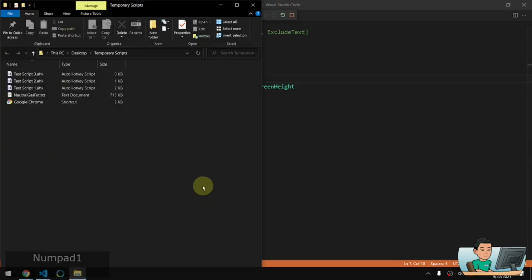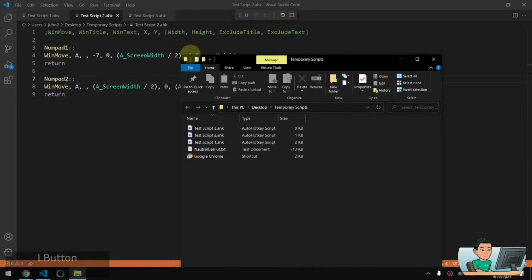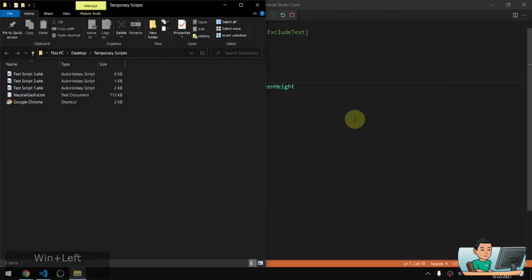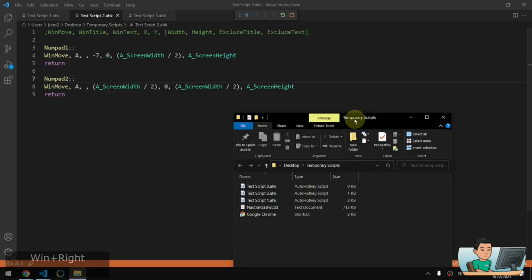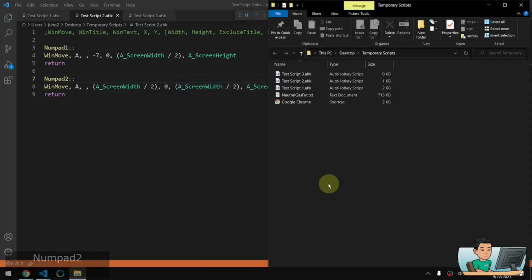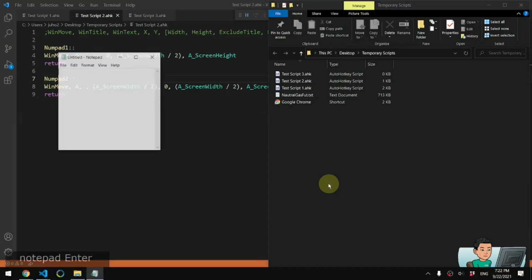So you can see that you might have to extend this out by 7 pixels as well, so you're going to have to do some adjustment. But obviously it doesn't restore that window back to your original size, unlike snapping the window to the left or the right using the Win key. And numpad 2 is going to snap this to the right. And so we've got a notepad,